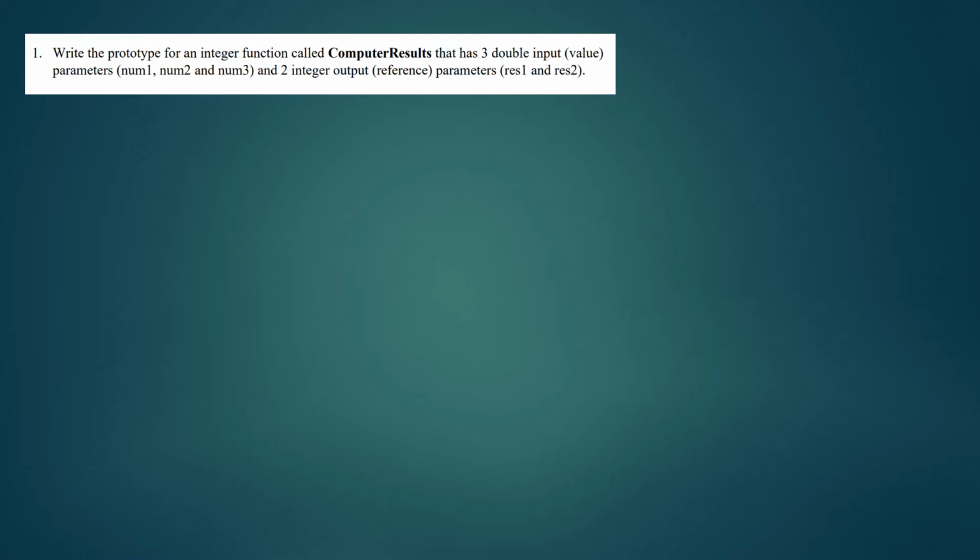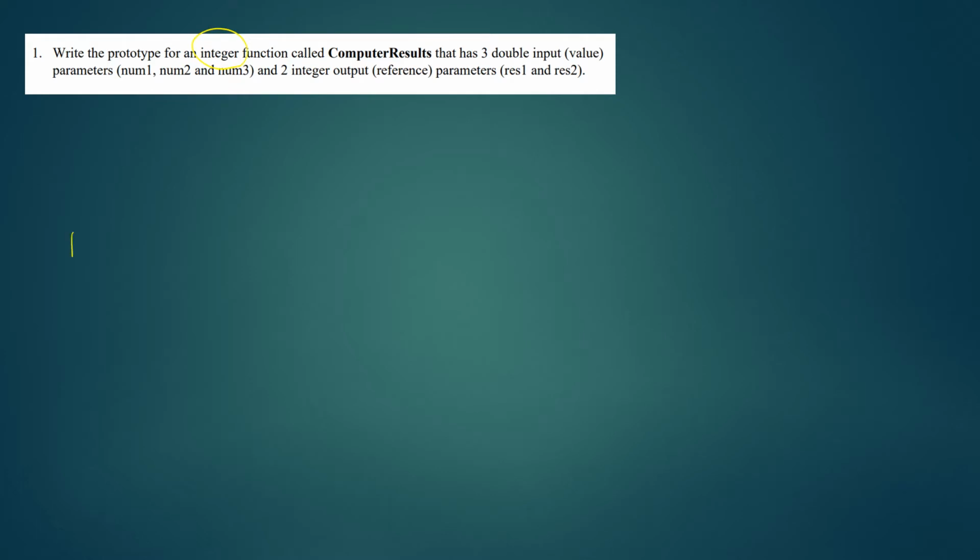Question 1. Write a prototype for an integer function called computer results. So a prototype is just a declaration about the function. It has 3 double input or pass by value parameters, num1, num2, and num3, and 2 integer output or reference parameters, res1 and res2. All right, so in reading this question, since it says an integer function, that means the